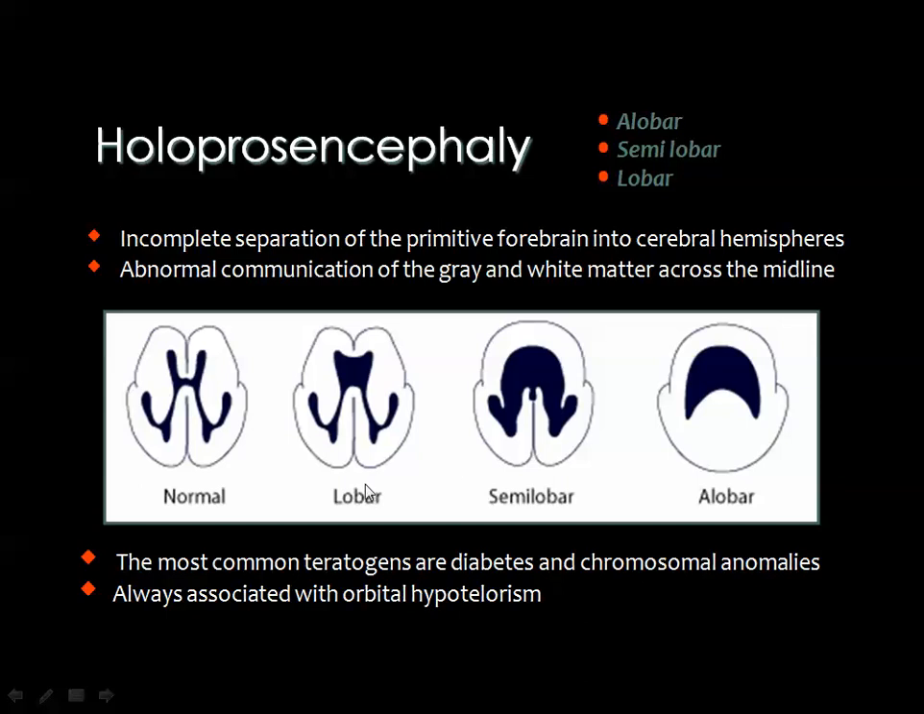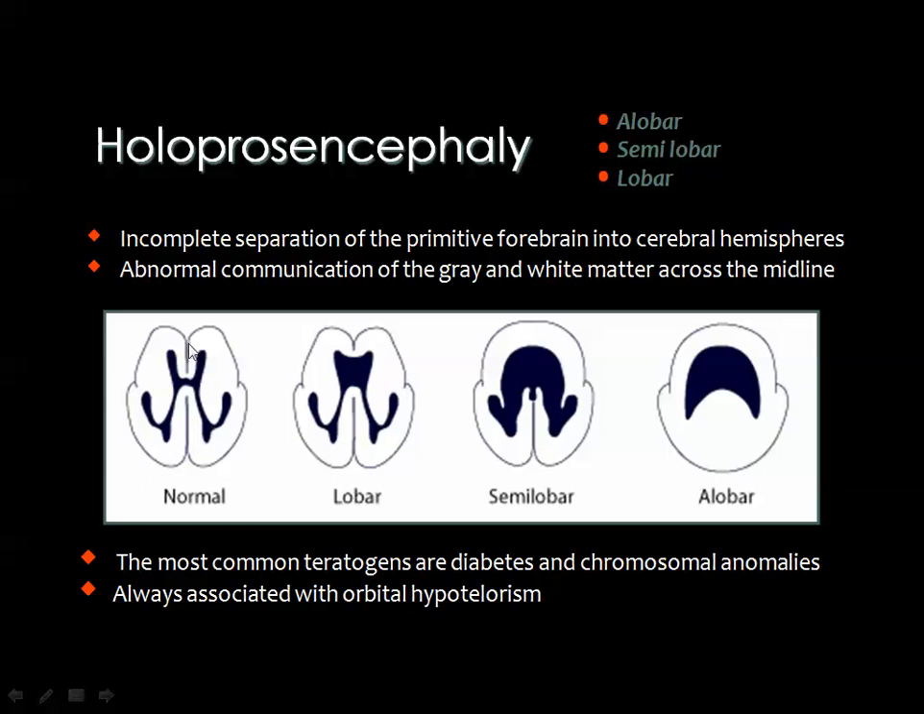In the lobar type, there is almost complete differentiation of the ventricular system with development of two cerebral hemispheres and two lateral ventricles, showing almost the normal configuration except for some fusion in the anterior part between the frontal horns of the lateral ventricles with absence of the septum pellucidum in between. And you can compare the three forms by the normal appearance of the brain tissue, where